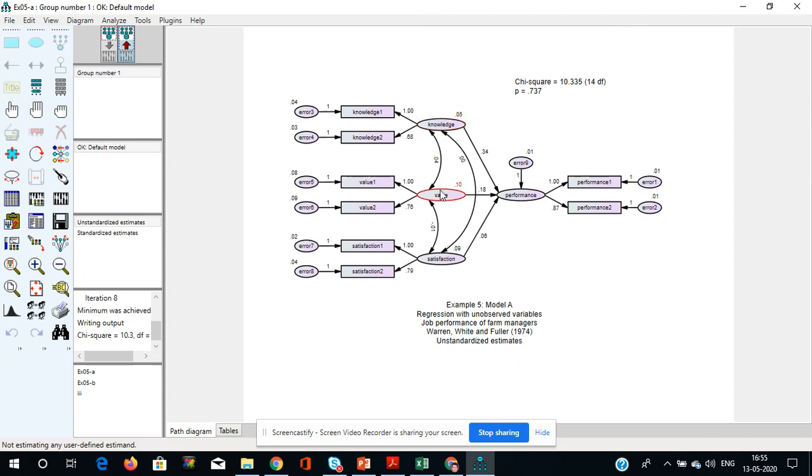For these latent constructs, all these correlation coefficients are also shown here, and the cause and effect relationship is given here. The chi-square value is 10, and p is of course 0.73, which is more than 0.05. And normally we are more interested in seeing the standardized estimates. So when we click on standardized estimates,